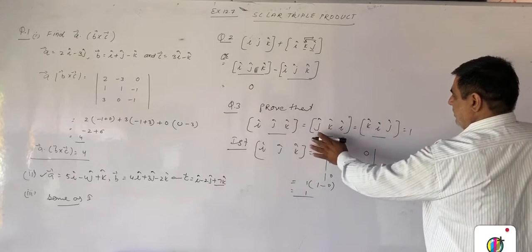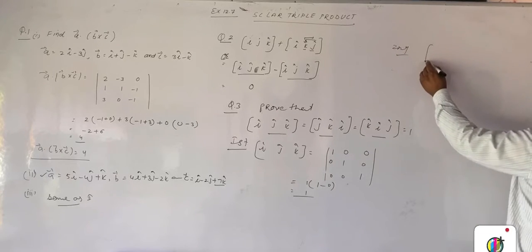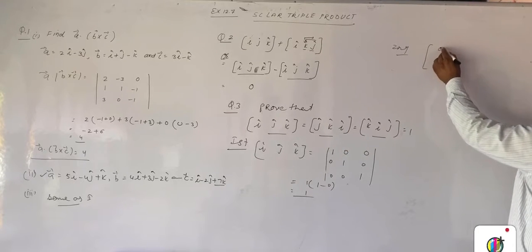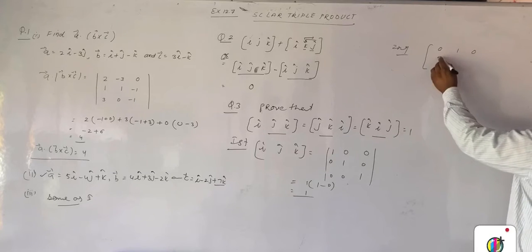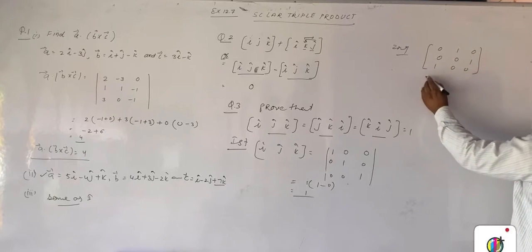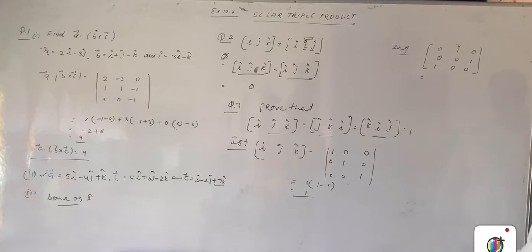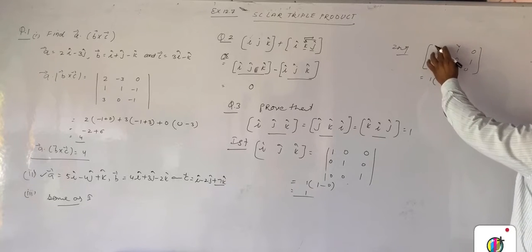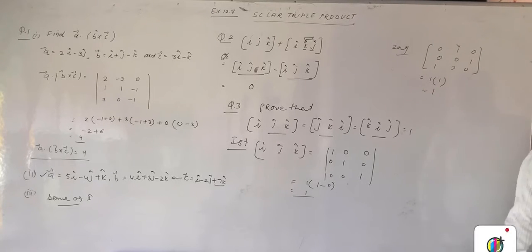Now the second side of this also gives the components of this vector. This is j, k and i. So the components are: for j, 0; for i, 0; j is 1, k is 0. Second: 0, 0, 1, and third: 1, 0, 0. Now we determine these by the second column. Now we expand by the first column, first component. This column cancels and this row cancels. 0 multiplied by 0, this multiplied by this. We get 1. So the result is also 1.